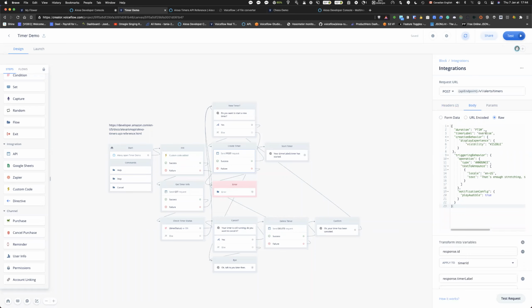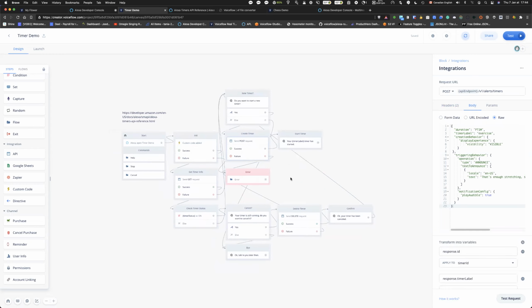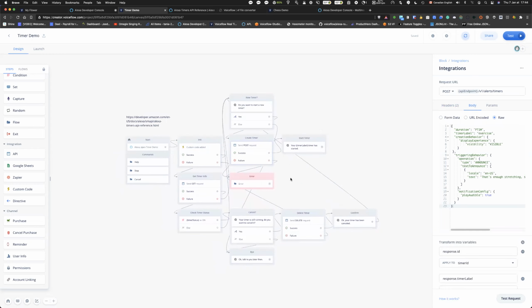You can put whatever you want. So you can also use a variable, and you should be able to set that variable before the call, so you can create multiple timers with different names. Just be sure to grab the corresponding IDs, and that's how you create a skill that can use the Alexa